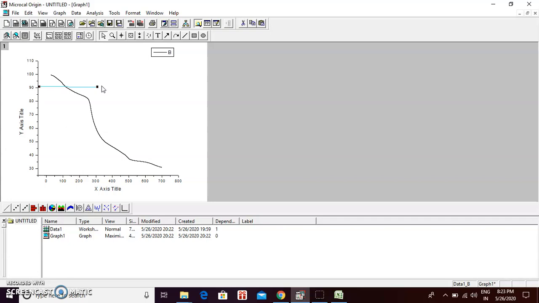So as you select the line, with the help of the keyboard page up and down, you can move the line up and down. So that is the first step of degradation, as you can see on this. So this is the first step of degradation. So basically the degradation point starts from this temperature. So we have to note down this temperature also.